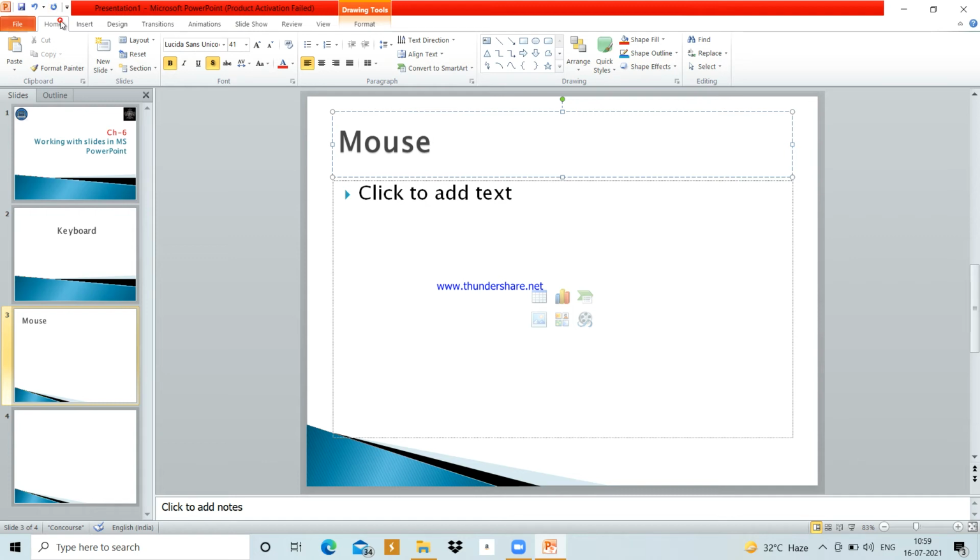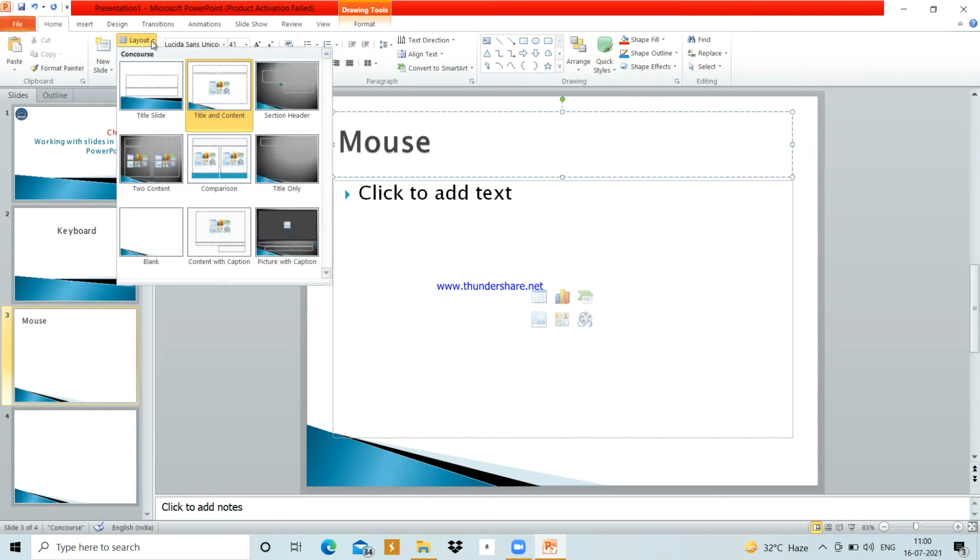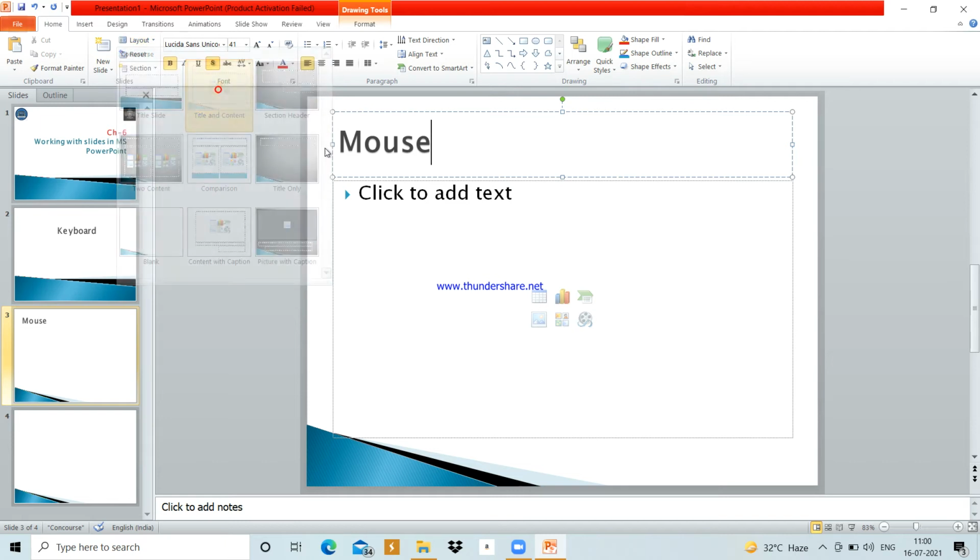Now you should know how you can change the layout of your slide according to your need. So go to the home tab. Here in the slides group you will get the layout option. Click on this down arrow. There are so many options for layout. One is title slide, in which you will get only 2 placeholders where you can enter text. You cannot add pictures or anything to it. Second is title and content, where you will get all these options and you can insert chart, graphics and all.